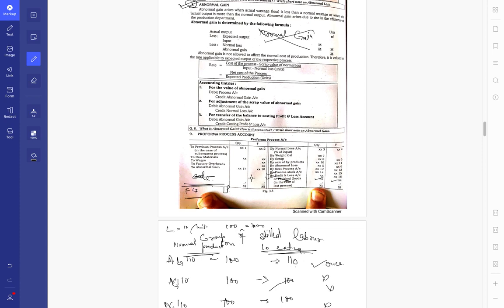Now, what happens is that, let's say, the year ended. This is your process 2, let's say, and there are total 3 processes. So 1, 2, and it was supposed to go into the third process, but the year ended over here. Now the balance of this, and there is some balance in this account also, will go into process stock account. Why? Because next year when the account opens, this needs to be transferred to the third process, and this needs to be transferred to the finished goods. If this is the last process, it goes into finished goods. If not the last process, it goes into process stock account.